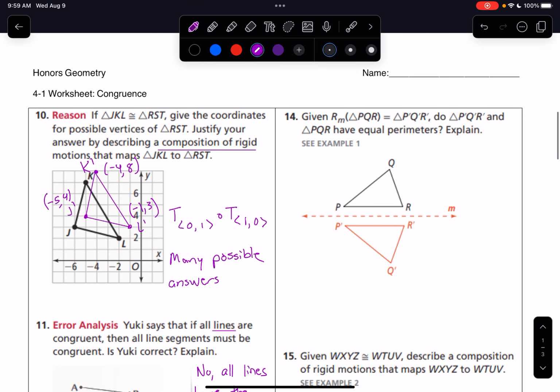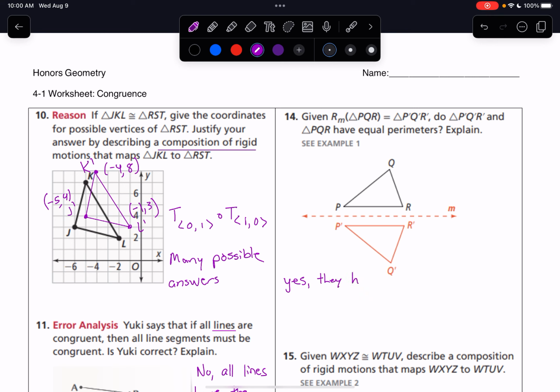Number 14, given a reflection of PQR to give us P prime, Q prime, R prime across line N. Do P prime, Q prime, R prime, and PQR have equal perimeters? Explain. Again, this is just getting at the idea of congruence. Since these two shapes are congruent, they have a rigid motion between them, which means the side lengths are preserved. And since those side lengths are preserved, the perimeters will be equal. So we can say yes,